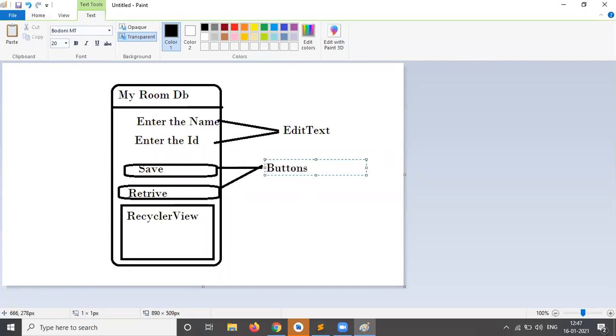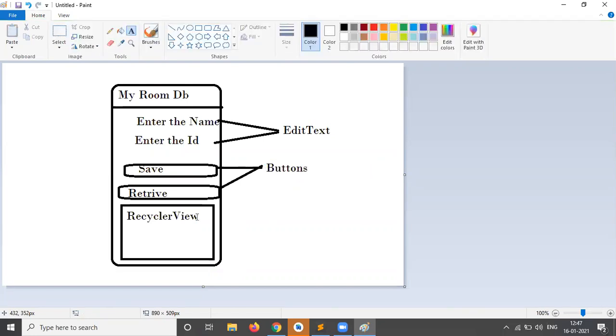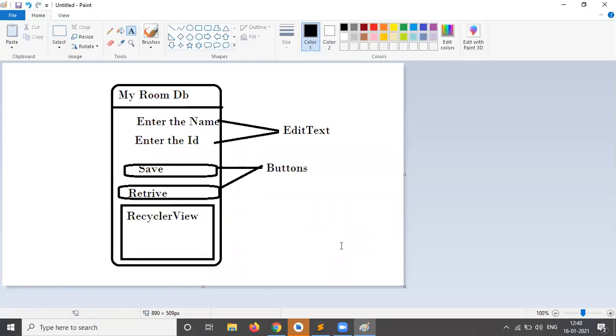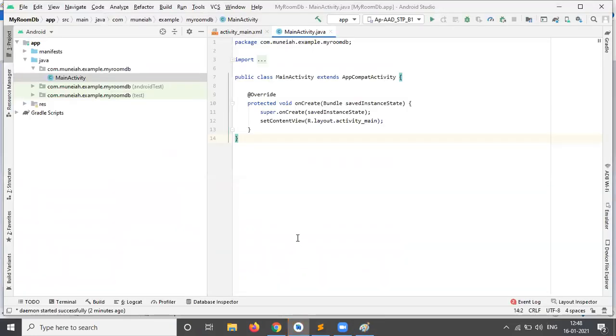Button, button. This is the recycler view. Okay. Is this designing part clear? Good. Also give me the confirmation whether your project is created or not.